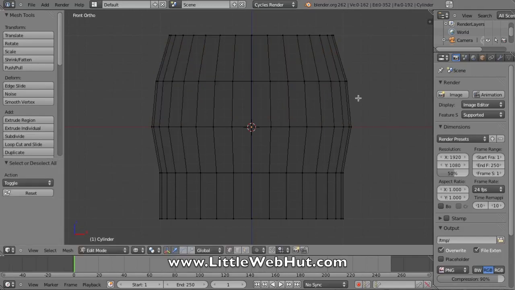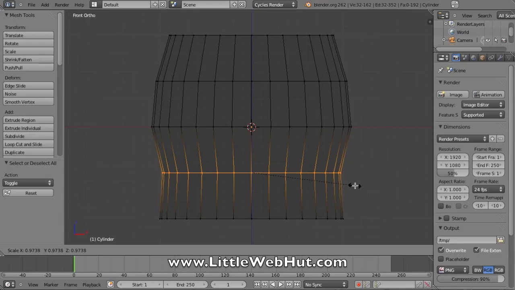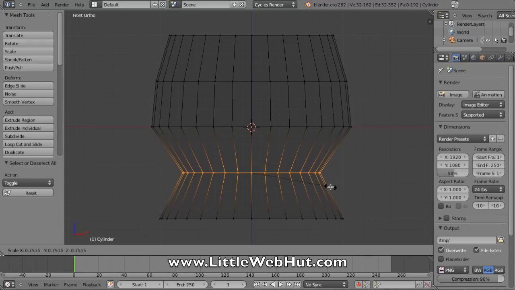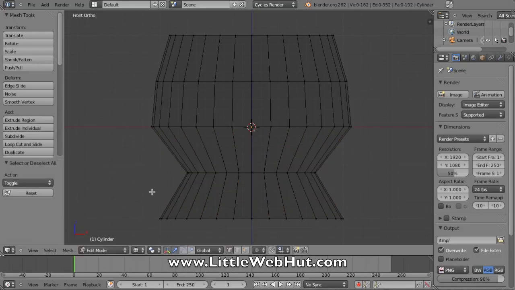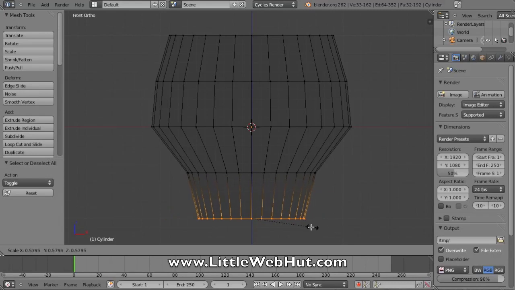Then I'll press the A again to deselect everything, and then press B, and I'll select these vertices here, and I press S again to scale, and this time I'm going to decrease the size of these by 3 grid points on each side. And then I'll press A again to deselect, and then I'll press B again, and I'll select these points and press S to scale, and this time I'm going to set this for a width of 4 of these grid